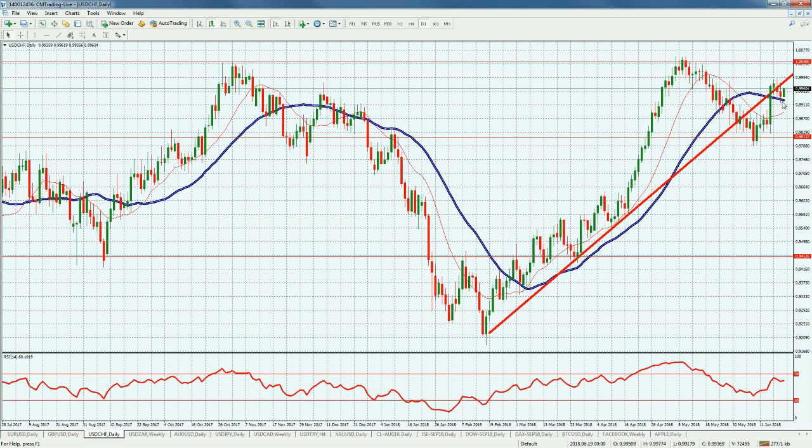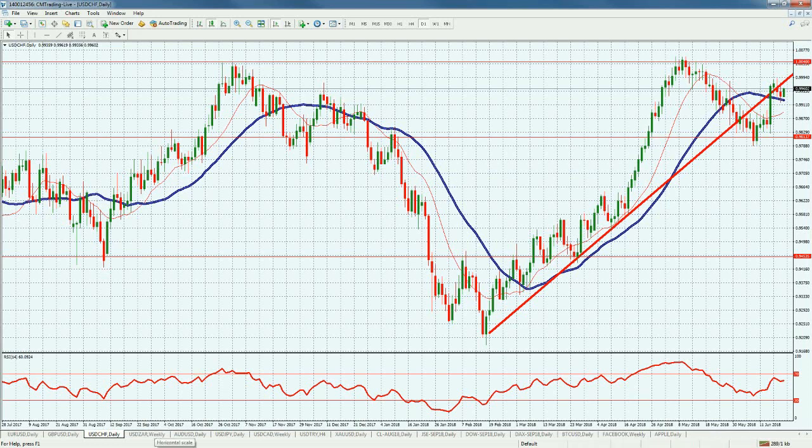Looking at the USD Swiss franc, yesterday we kind of bounced right off of this support level, somewhat of a moving average support level. As you can see here, we're just trading within a tight range. But what was nice about this is that it did hold this trend line, and now it's really just flirting with it. It could potentially still be a resistance line as we continue trading this, or we may just find ourselves in a new trading range and just have to take that as it comes.